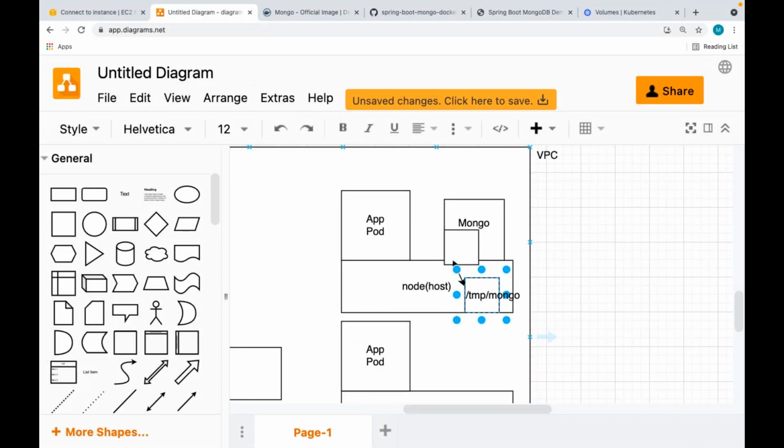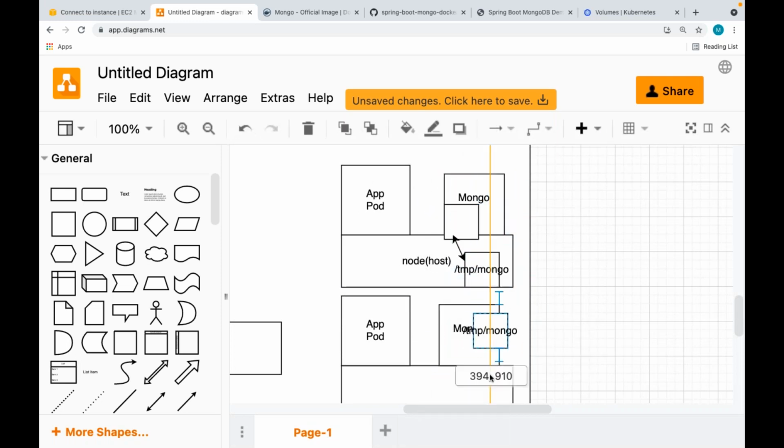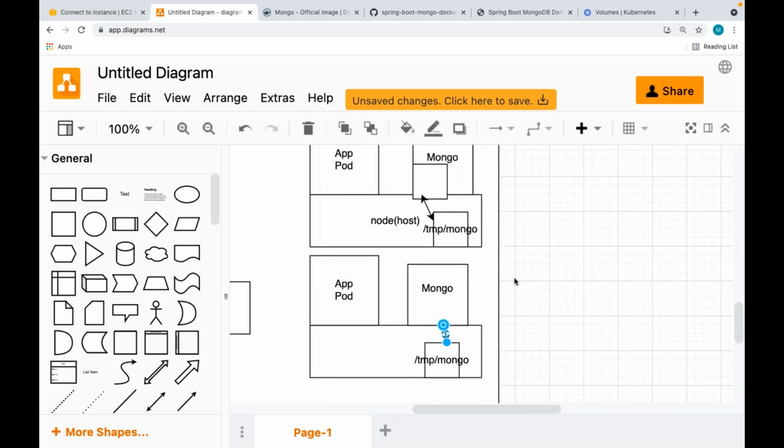Now Venkat was asking, sir, if I created 2 replicas, it will be something like this, 2 different host paths, right? But in databases also, if you are from a database background, if I just have 2 replicas of a database, does it mean it's a highly available database?